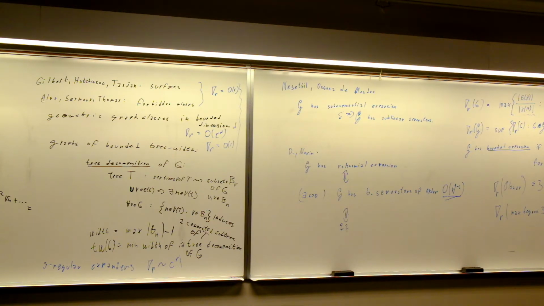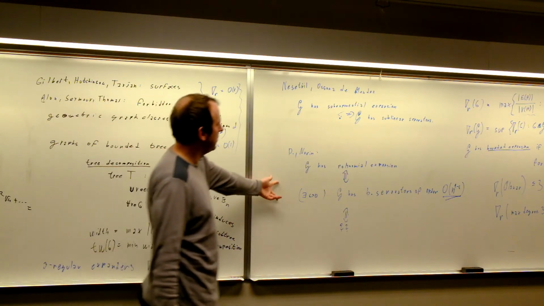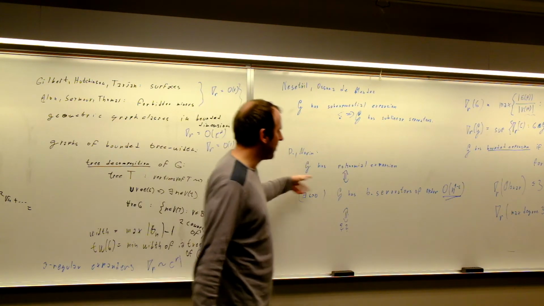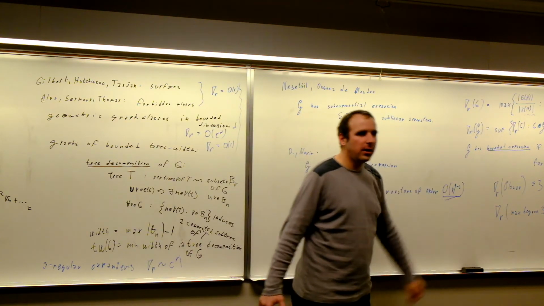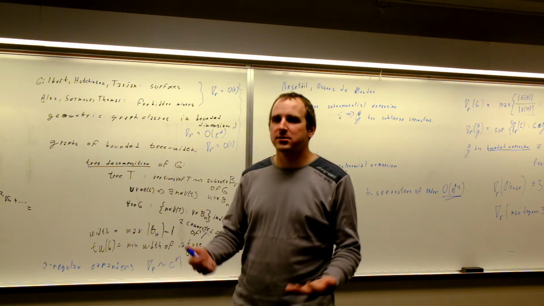So I would like to be able to say that for every graph that has hereditarily separations of this order, I can find some kind of